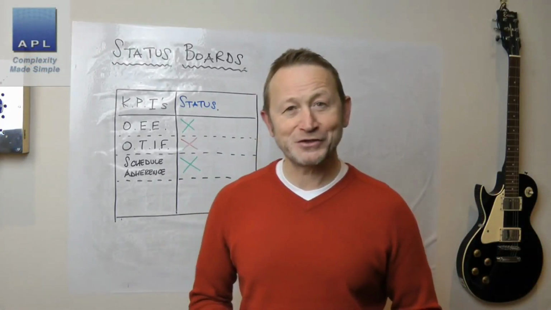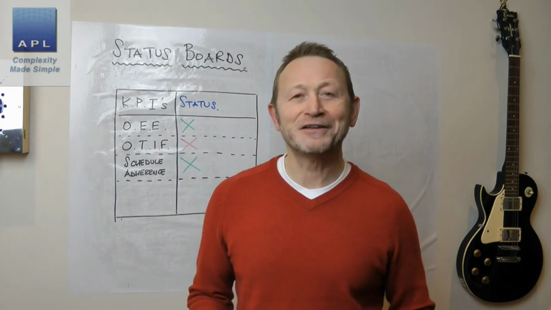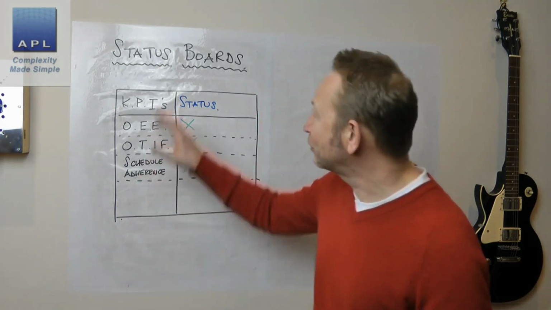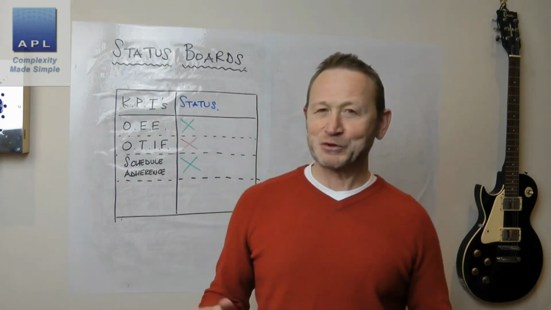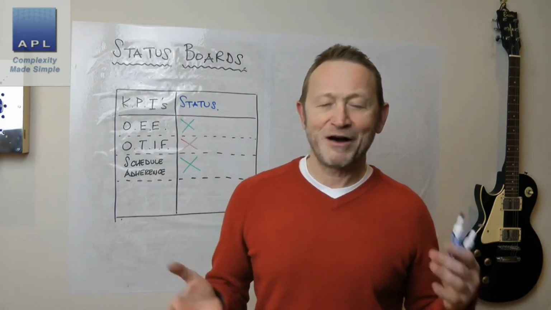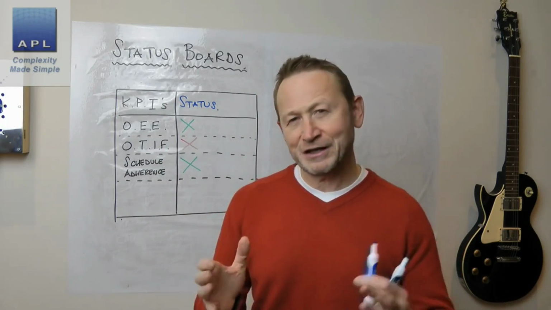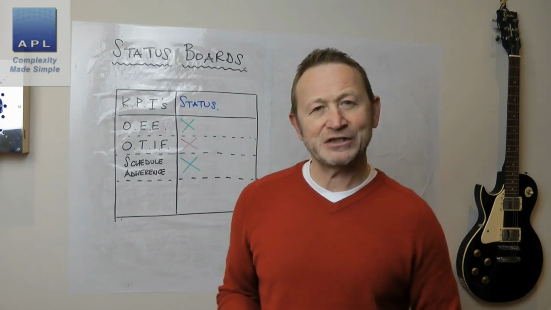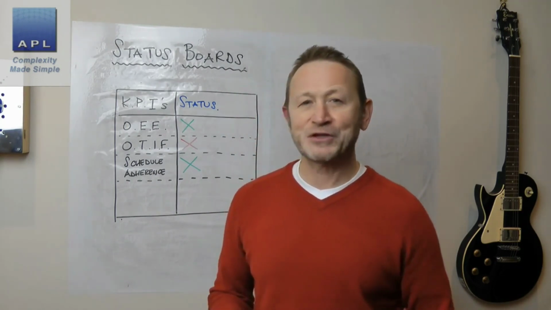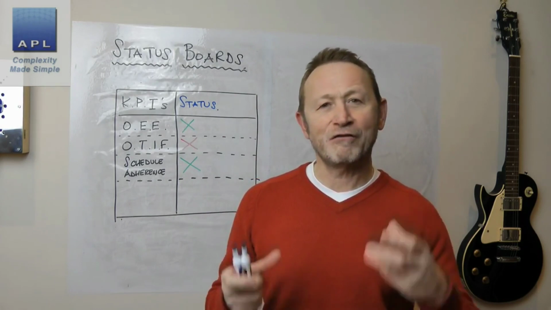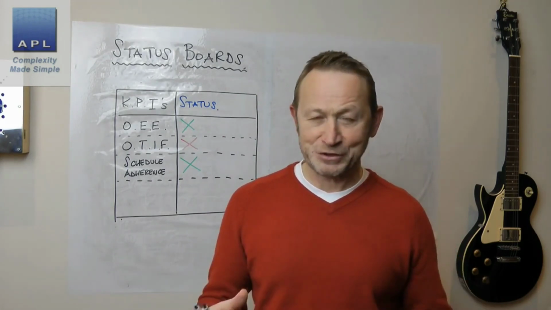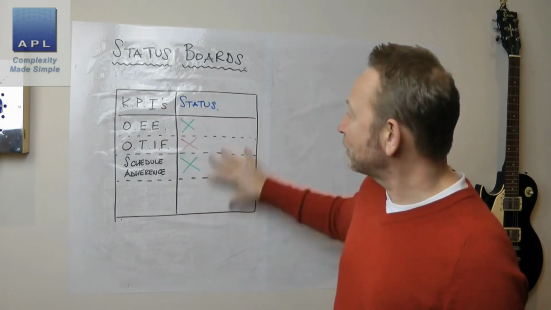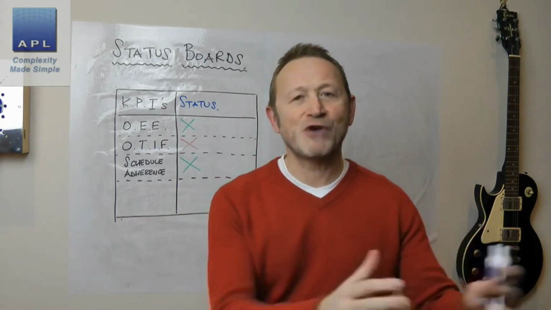Welcome to Complexity Made Simple. My name is Paul Allen, and the subject of today's video, well, we're going to take a look at these status boards. Very lean, I would suggest, in nature. The idea of being able to walk up and instantaneously see the status of something because of the use of visual management tools. Yeah, so and often what's going on is the idea of colouring something in red or green